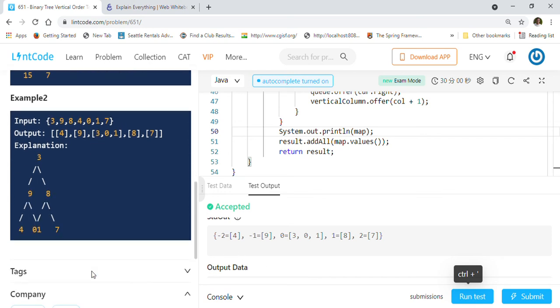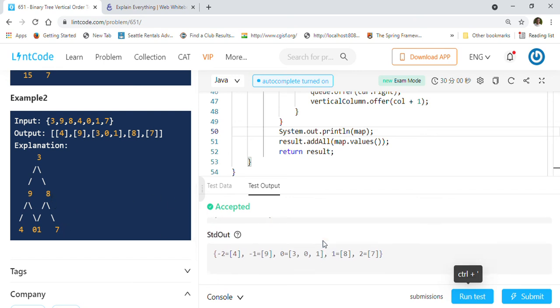As you can see, this is the tree. -2 is 4, -1 is 9, then 3, 0 and 1 are all at position 0. So that's why you are seeing 3, 0 and 1 here at position 0. Then at position 1 you get 8, and at position 2 you get 7. That is how the map will look internally.